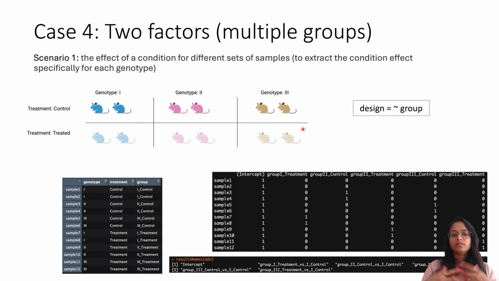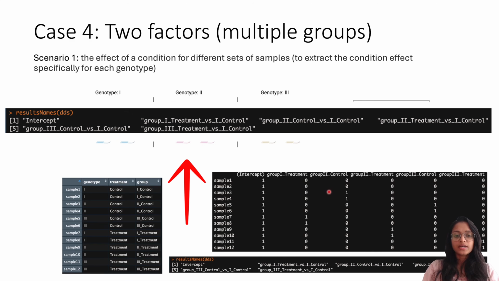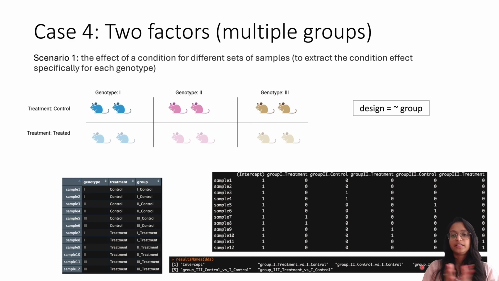Only then this approach would make sense. So again, we create another group and provide that to the design, and this is the corresponding design matrix. And once we run DESeq, we get access to different comparisons across different sets of groups and samples that we can make. And again, I want to reiterate that this is an approach if we are just interested in understanding